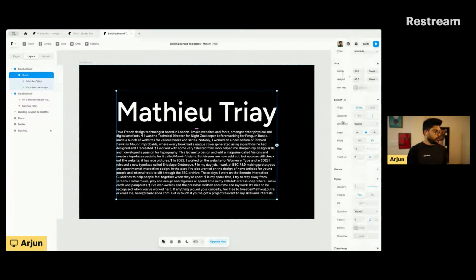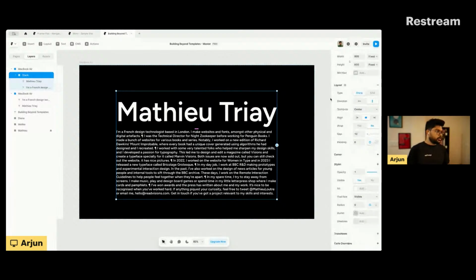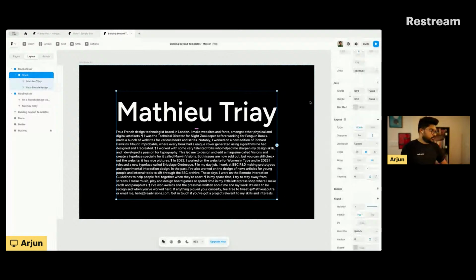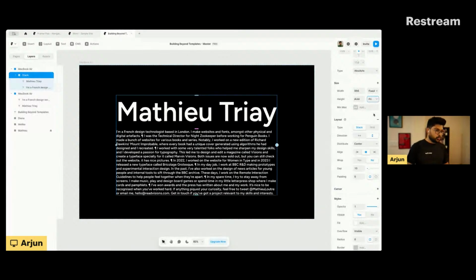But what's most important is, on the right hand side property, you will see the new property open up, which is stack related properties. So what you can do with this stack related properties is, let us set some of these things straight, which is the height is not something that we want to be fixed within this box. So we are going to instead say fit the content. So what it does is, it is going to fit the frame to the content, only the space that is occupied by the content, and it will not go beyond that. So the moment we give any specific value, you will see that it just goes beyond,